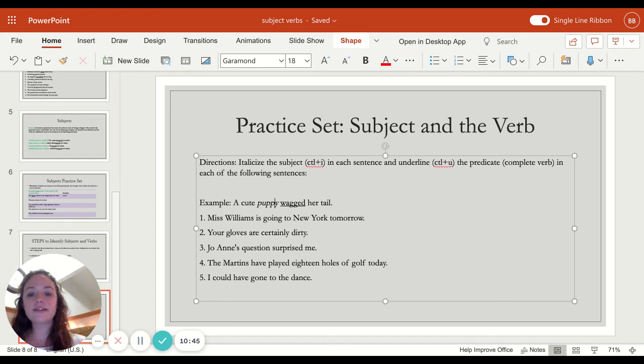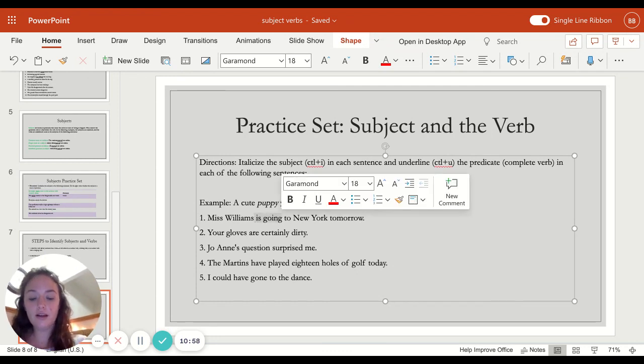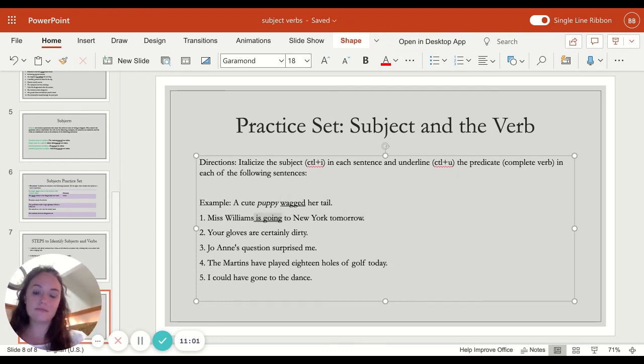And then number 1, Miss Williams is going to New York tomorrow. So we know going is a verb, and we also know is a verb, right? Is going, that's our helping phrase here. Who is going? Miss Williams, okay? So go ahead and complete the rest on your own, and then complete the parts of a sentence assignment, and we'll be done with this preliminary review of 8 parts of speech, and then the parts of a sentence, which